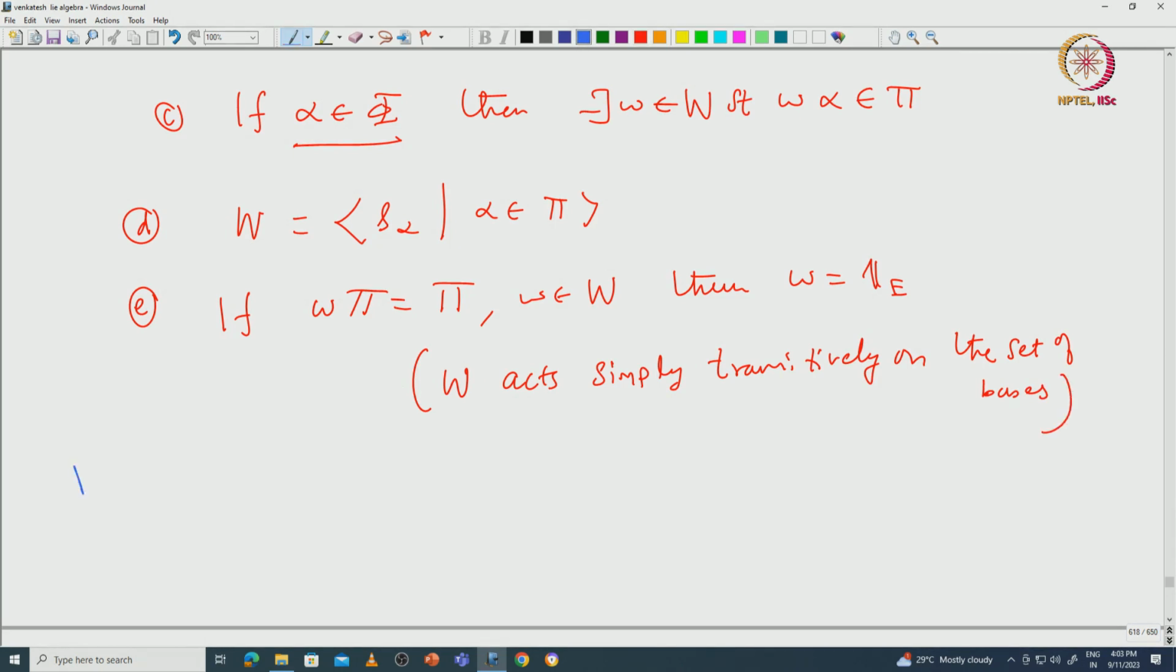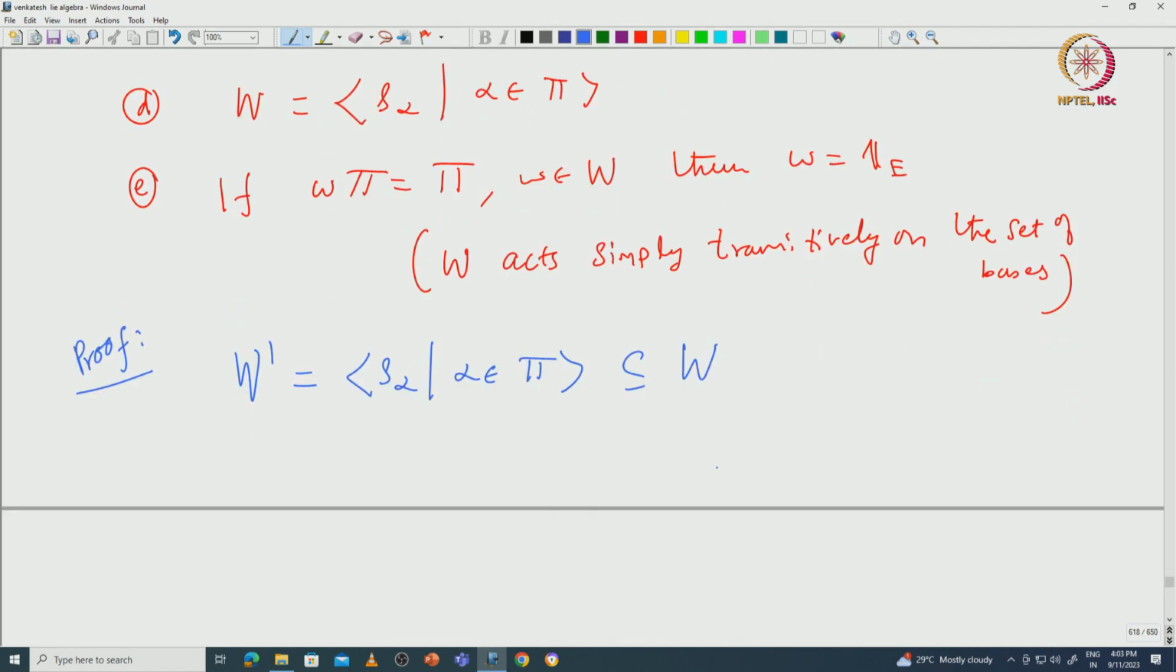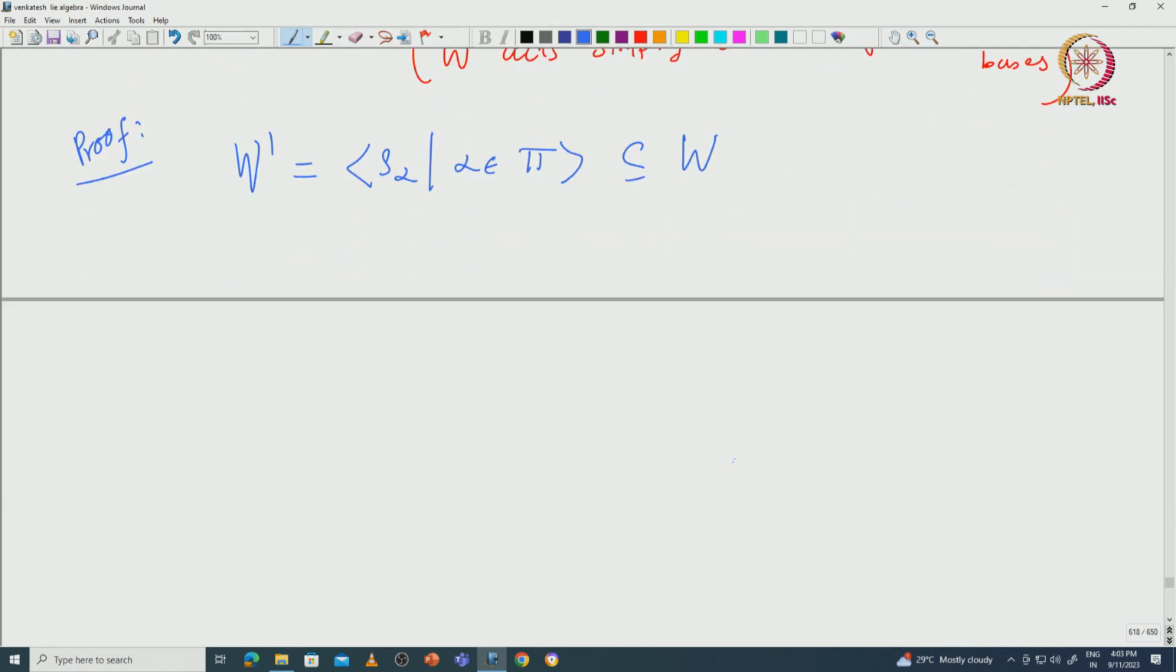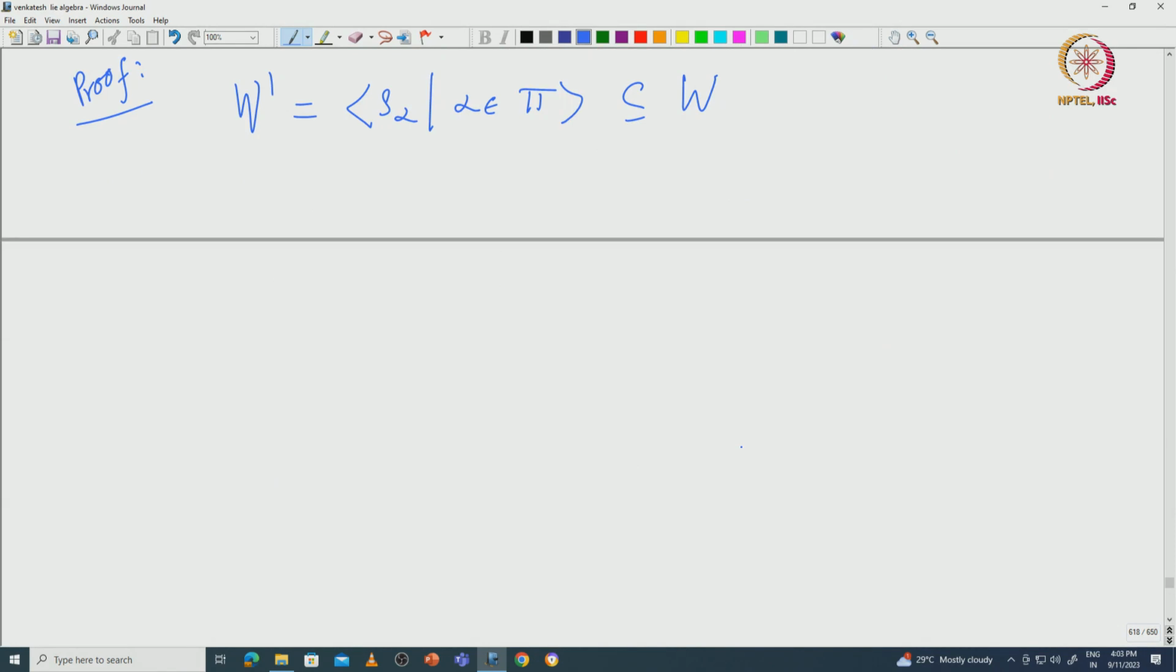To prove this, we take W dash, which is the subgroup of W generated by all the simple reflections. Right now we do not know whether it is equal to W or not, but later we will deduce that it must be equal to W. So for the first statement, you can see that if we take this set of positive roots, that will actually be given by